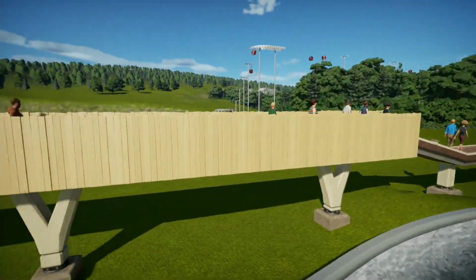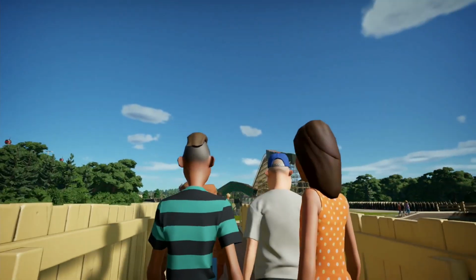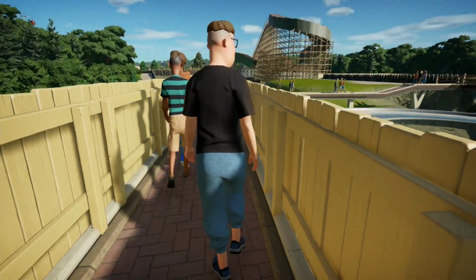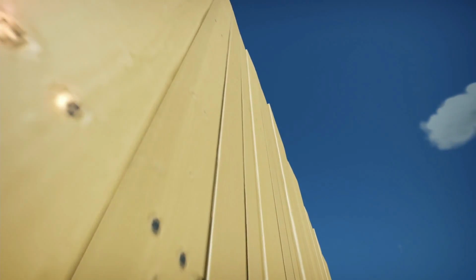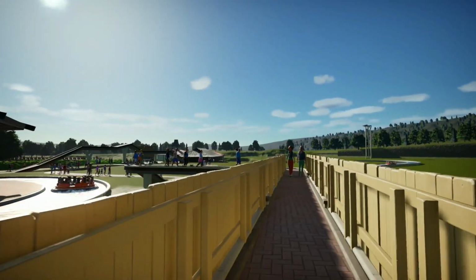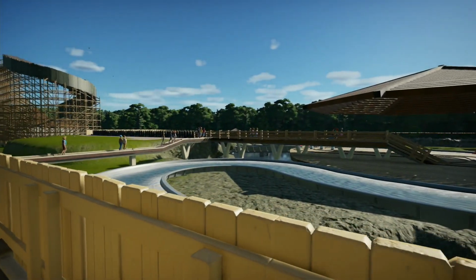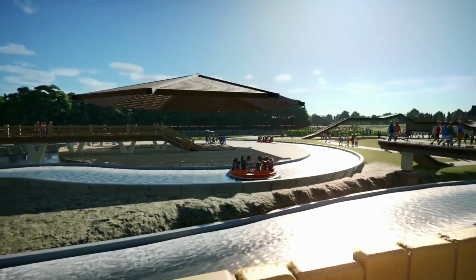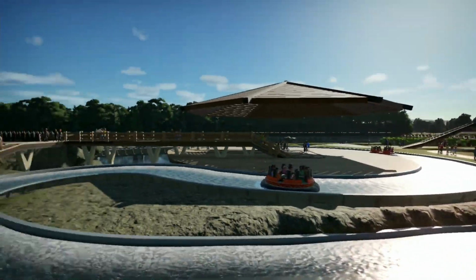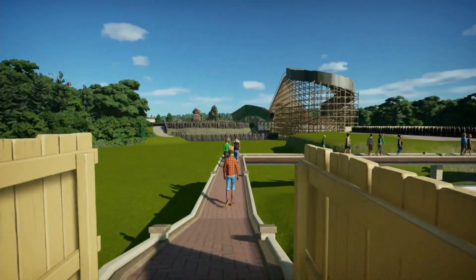Now, this is obviously full height fencing, but at this point the guests can see over the fence, so I've lowered the fence down, so you can just see how much it drops underneath the path there. I think that gives quite a good little effect, because the guests are taller than the fence, but the fence isn't so low that it feels unsafe, if that makes sense. So that's what I've gone for there. So we'll carry on round here,